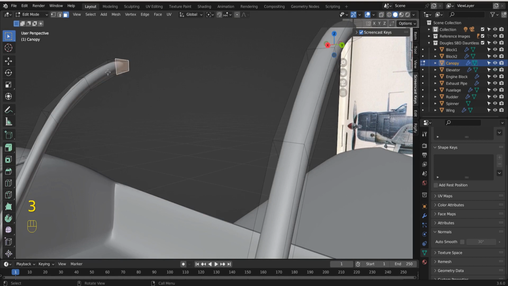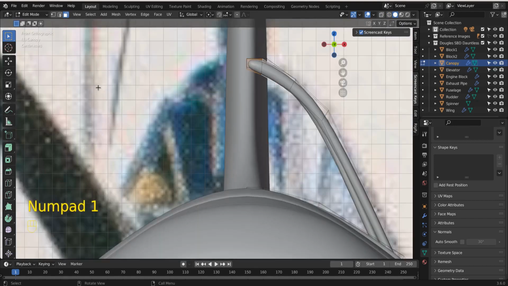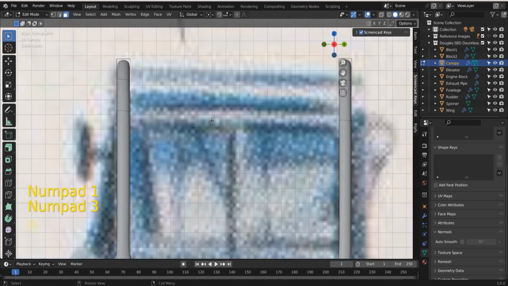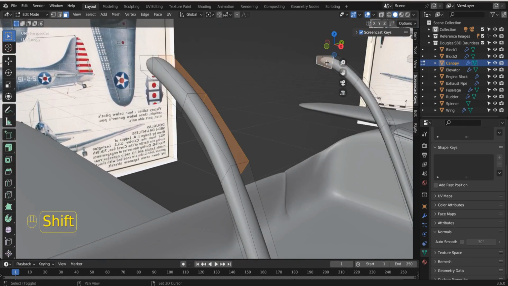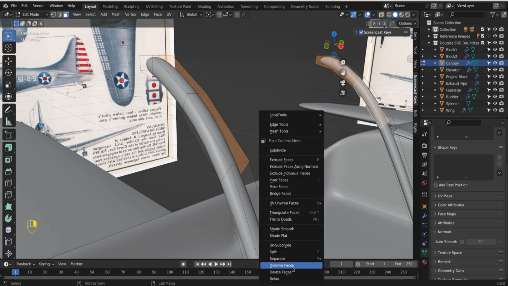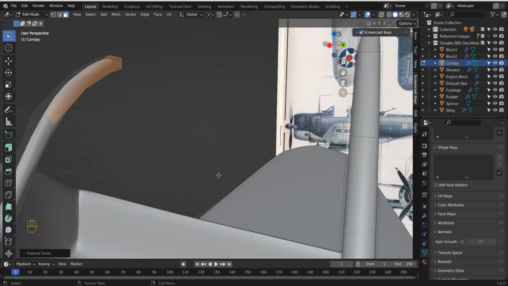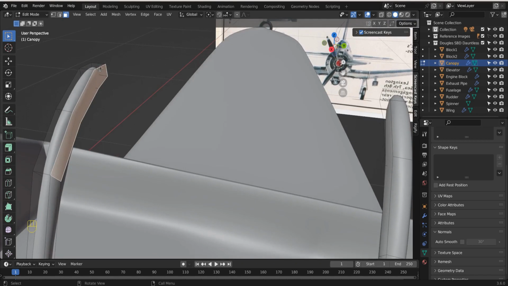All right, so now I'm going to delete. Let's see. Get down here. Yeah, so I'm going to delete these 3 faces and these 3 faces. And I'm just going to right click and dissolve those faces. Now these are faceless here. There's no faces. Okay. So what we can do is I want to come up here in edge select mode,